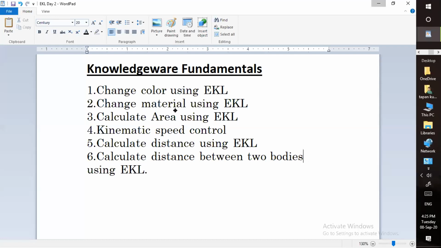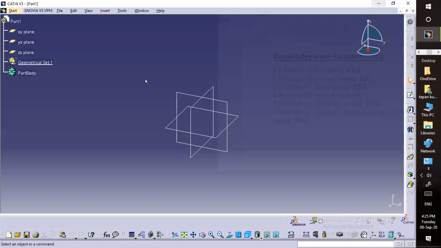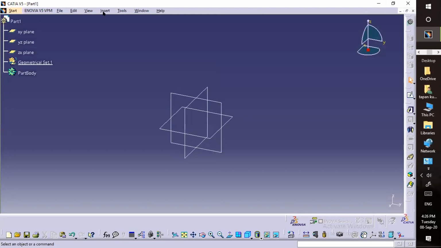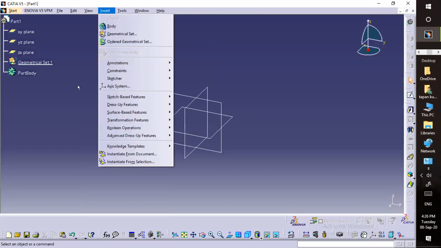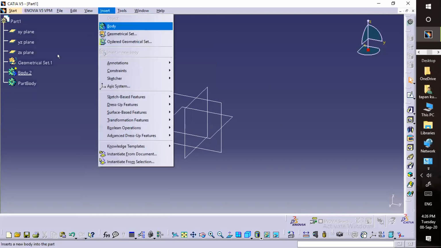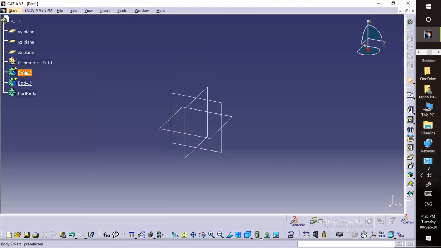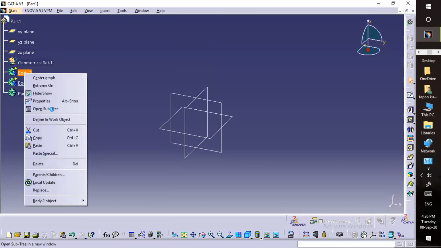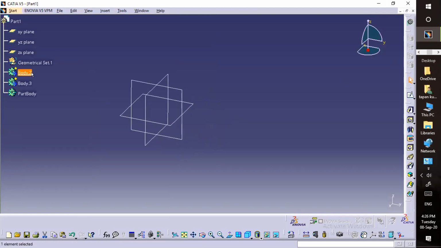So first I'll create a body over here. Insert body. One body is created. Another body also I'll create. Now I'll right click on this body, define, and create a model on this body. I'll create a simple object.